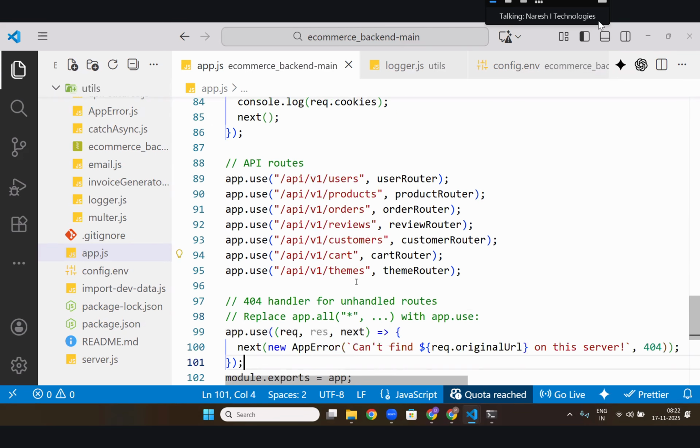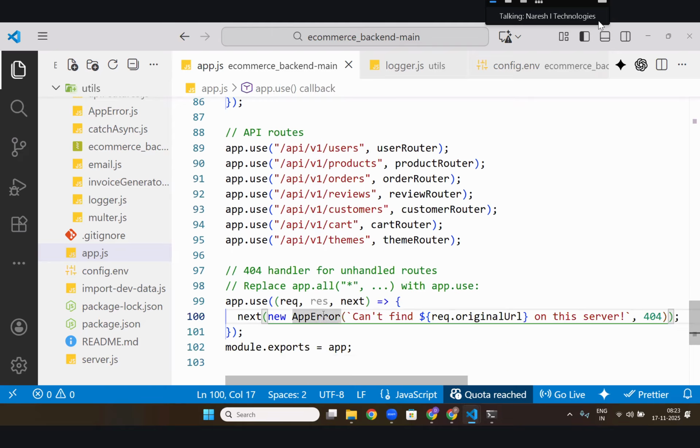Then he also used 404. Till now, anyone have any questions?